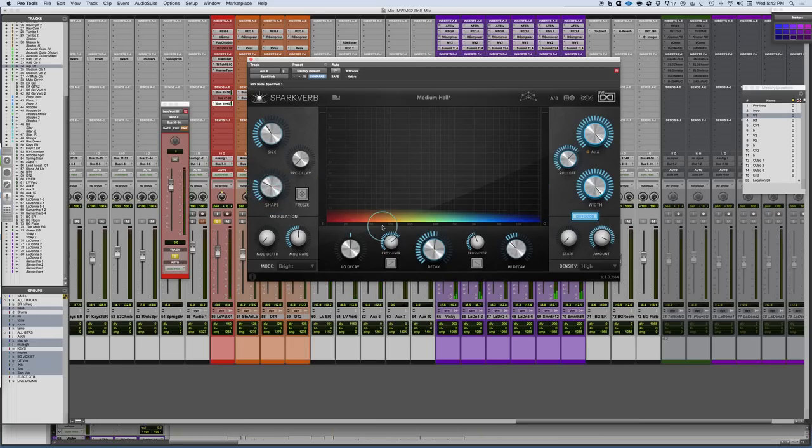So it's pretty amazing because just with that, you can hear how much amazing dynamic control you have over just a simple basic setting here in terms of shaping and grabbing the reverb. And this doesn't even include a modulation thing, which is kind of...